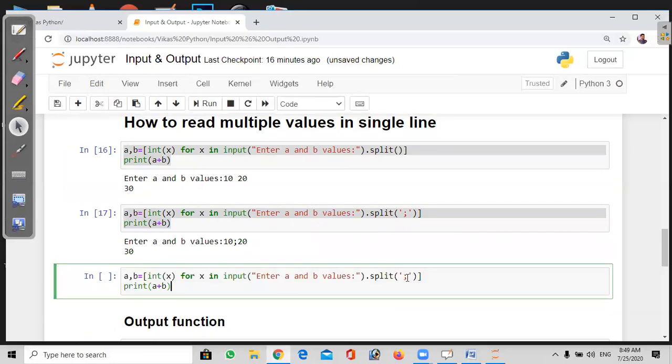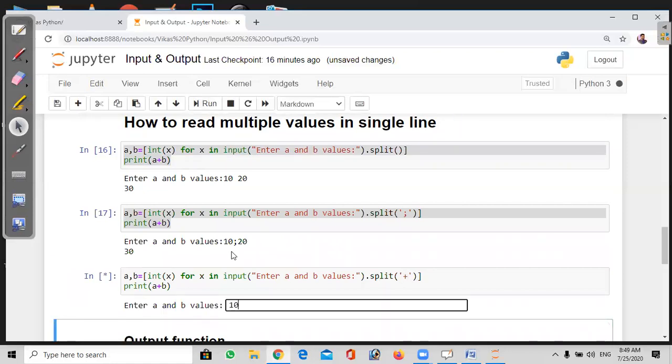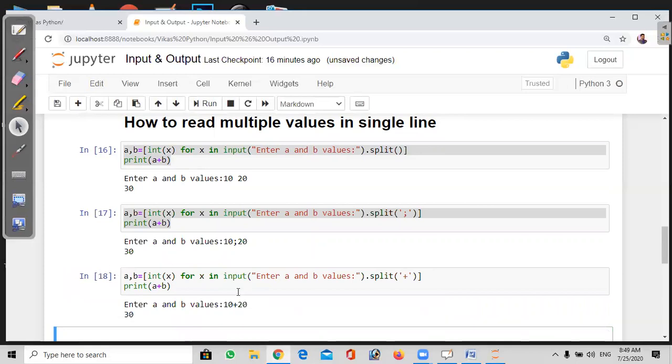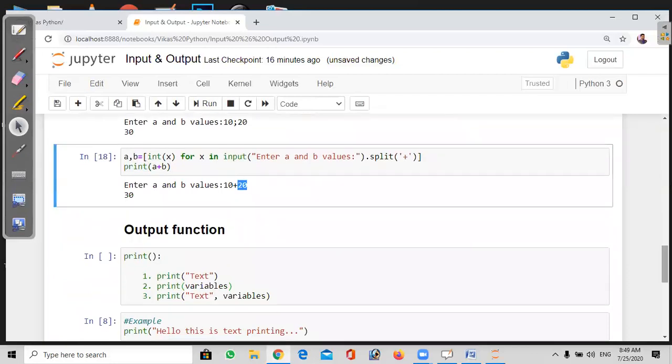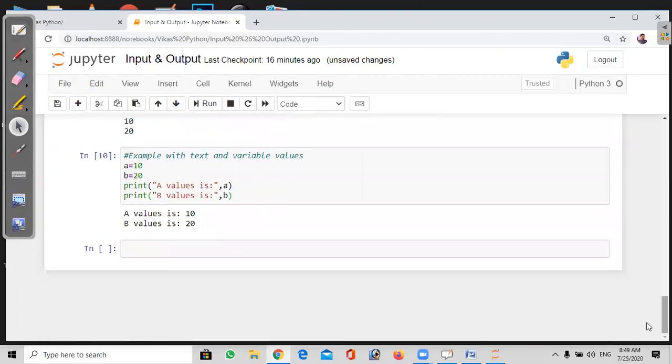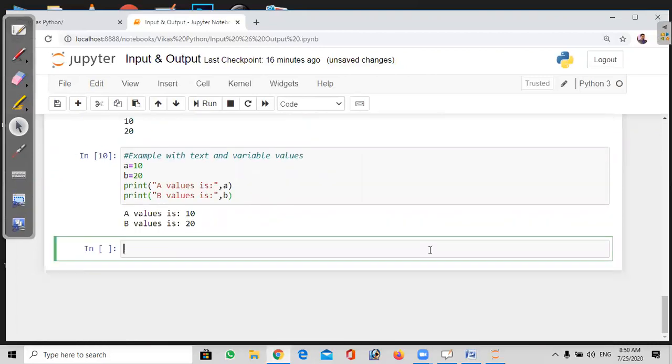Inside this, we can directly enter it. This is what we write in our calculator. See here, if you enter 10 plus 20, it gives 30. What we do in our calculators will be like this only. It takes that symbol as the split value. Split means a separator.